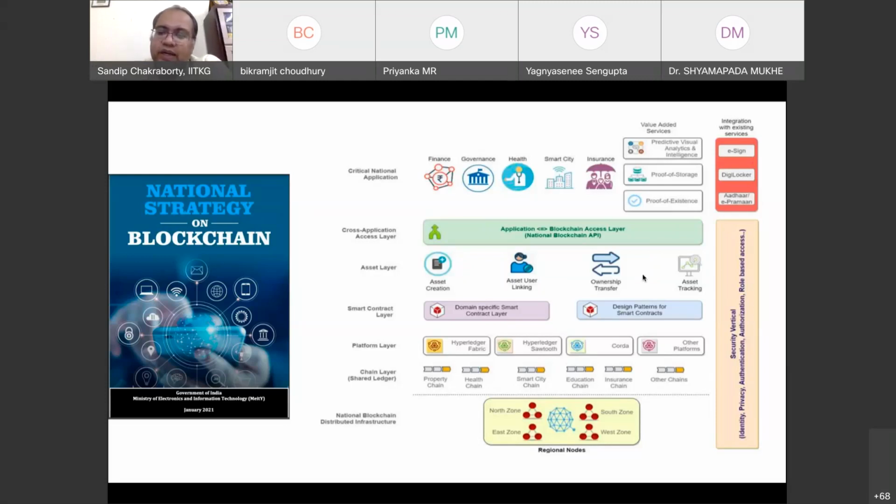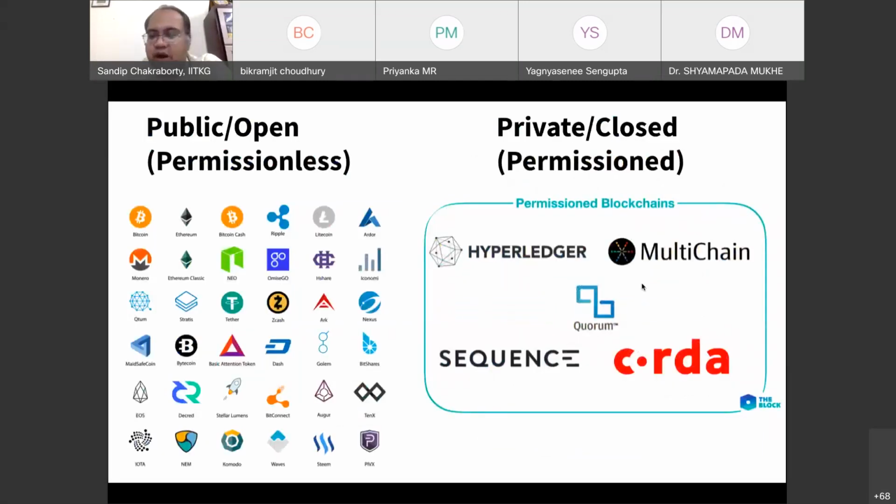That raises the requirement of having interoperability between multiple different platforms, because I will show you certain examples where it is highly possible that you want to initiate a transaction between two different solutions. These two solutions are built on different platforms, or sometimes on different chains, even when they are using different platforms.